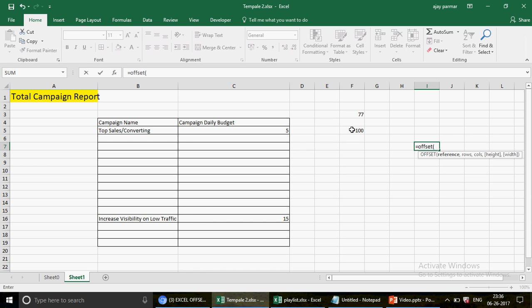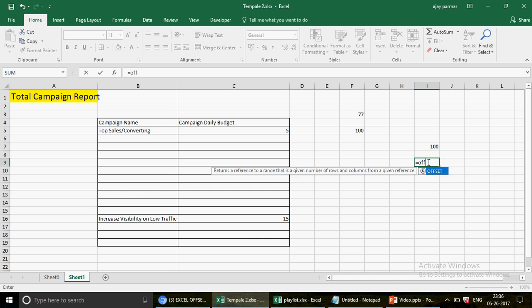How are you going to do that? Your reference would be this, which is F3, and then how many rows you're supposed to move down. This is how the offset works. From my reference I need to move 2 rows down, because this is considered as 0. So 0, 1, 2, it's 2 rows down and on the same column, because 100 is on the same column. So you write the column number not as 1 but as 0, because you're on the same column. So that's how you get to see here